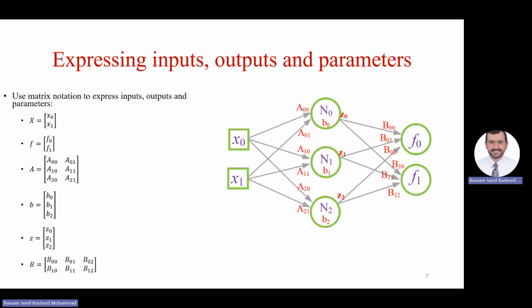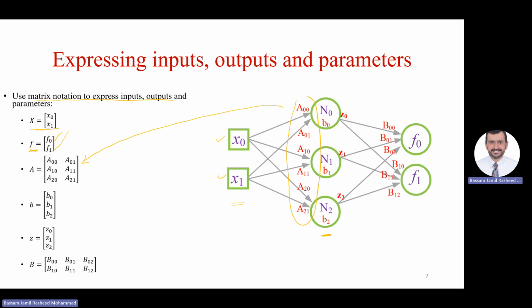We can express the inputs and the outputs of this and the parameters as well. So, for example, these x0, x1 can be represented by this matrix. These are the input values matrix, and the output can be represented by an output matrix, where I express the first output and the second output. Also, these parameters, the A parameters, which connect the input layer with the hidden layer, can also be expressed in